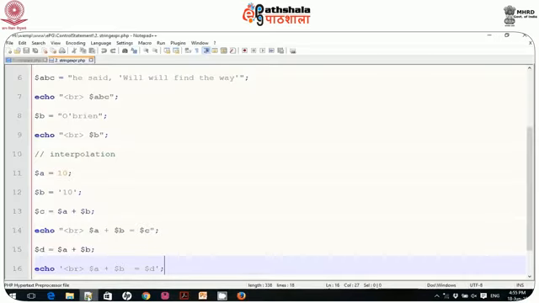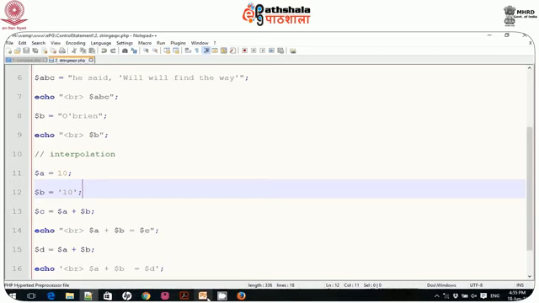So when you use double quotation, PHP gets its value, converts it and displays it. So this is interpolation, and that's why it is said that single quote works a little bit faster compared to double quotation. But of course it is a matter of choice. Whenever you want to use a string, you can use either single quote or double quotation.